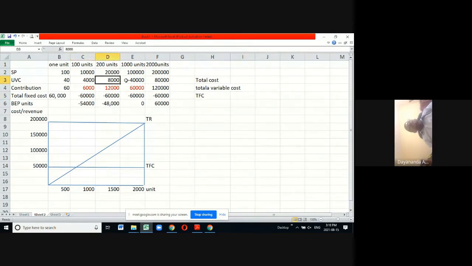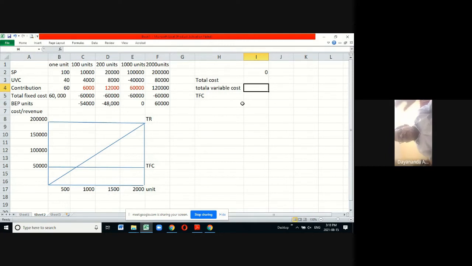එතන අපි ගන්නවා total cost at 0 point. 0 එකේදී total cost එක කීයද? Variable cost එක කීයද? If you are selling 0, variable cost is 0. But at 0, you have a fixed cost, that is 60,000. එතකොට total cost එක කීයද? 60,000. අපිට points දෙකක් හොයාගන්න ඕන since these lines are linear.